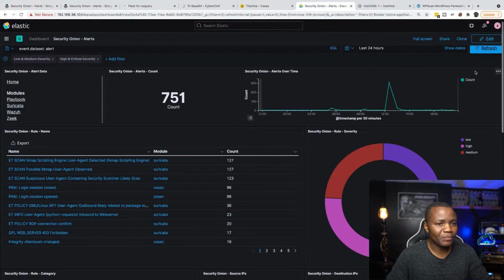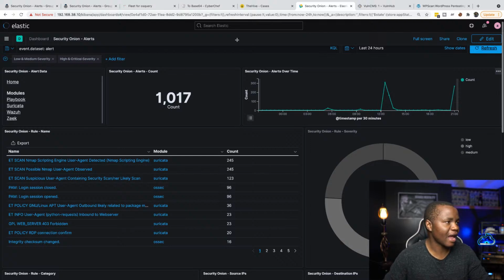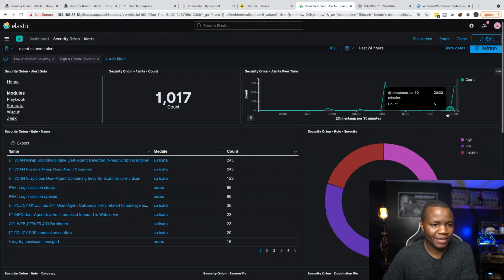Well, first of all, if I do a refresh here in my Security Onion, we should see a spike in our traffic. We should see also the number of events increasing. So let's see if that actually happens. Then I'll show you the GoBuster that just ran. All right, first of all, look right here. This spike here is showing us that our server is under attack. I mean, we went from barely having 5 events, and now we are almost at